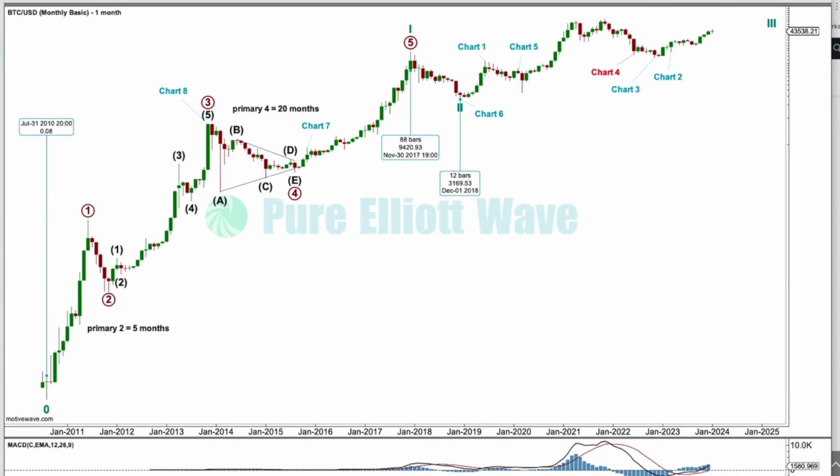Let's go and move over to Bitcoin now as an example of how this works in cryptocurrencies. This is part of my basic big picture Elliott Wave count for Bitcoin. I'm not going to show you what's happening up in here. That's for my subscribers on my website, and I update this analysis every Monday for them.